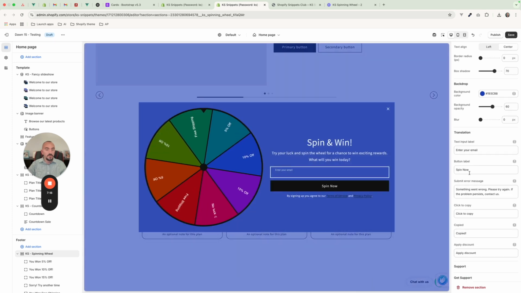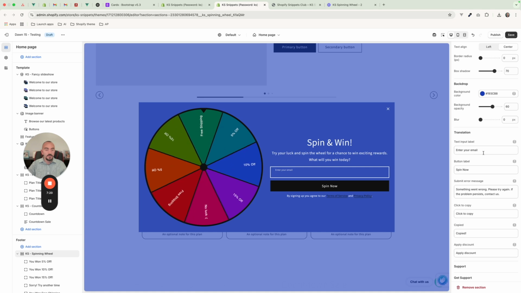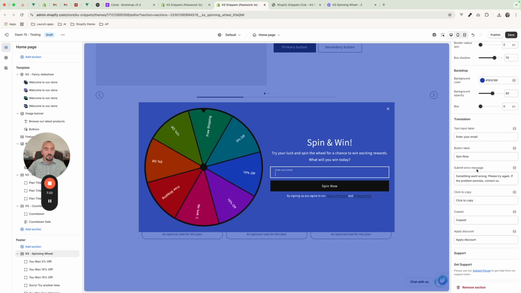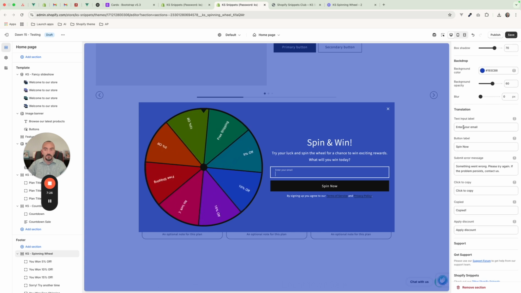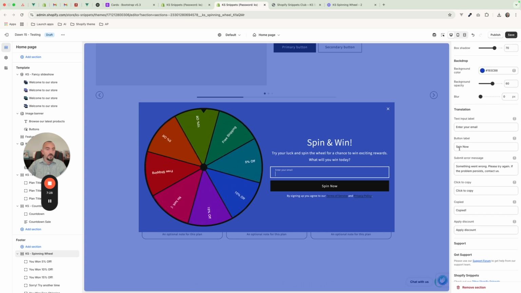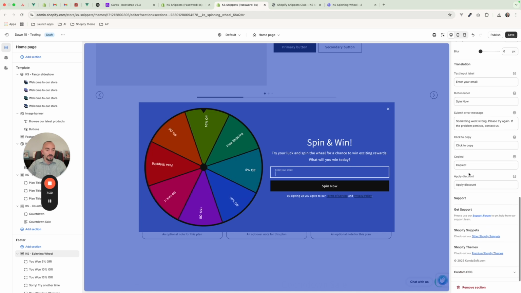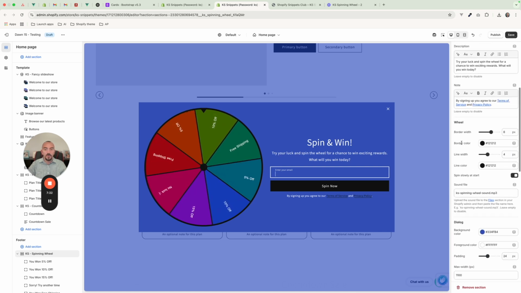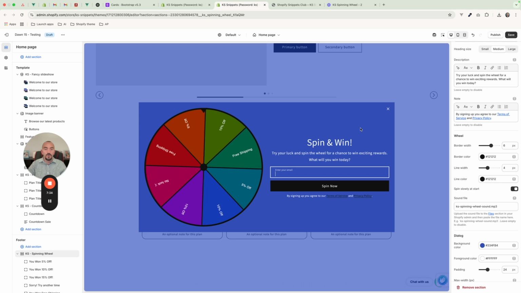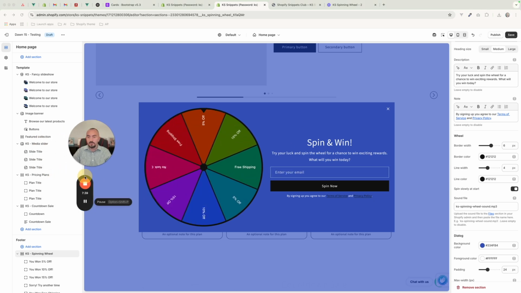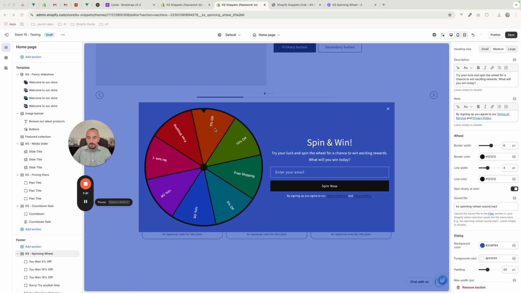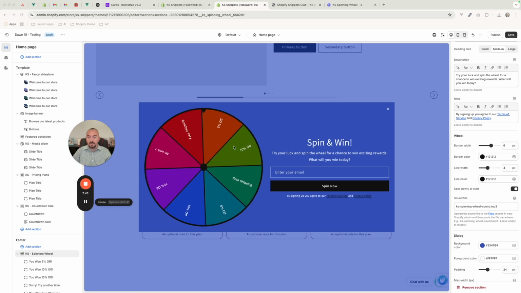Then you have here some settings for the text. Normally you don't need to change this, but of course if you are using a different language and not English, you have to change this text here. Okay, that should be all for the main section settings, but of course these items here, each of these offers